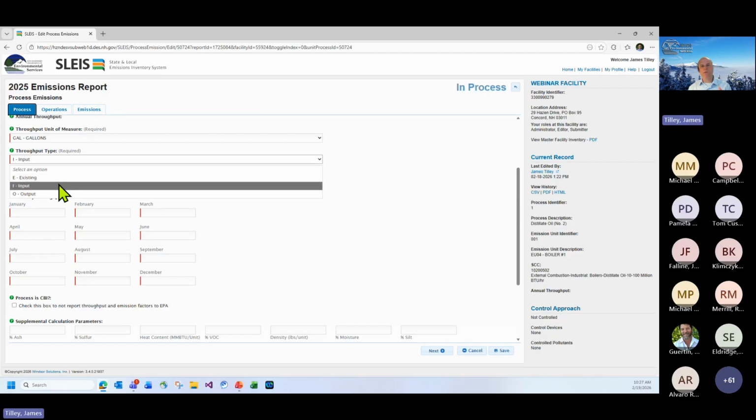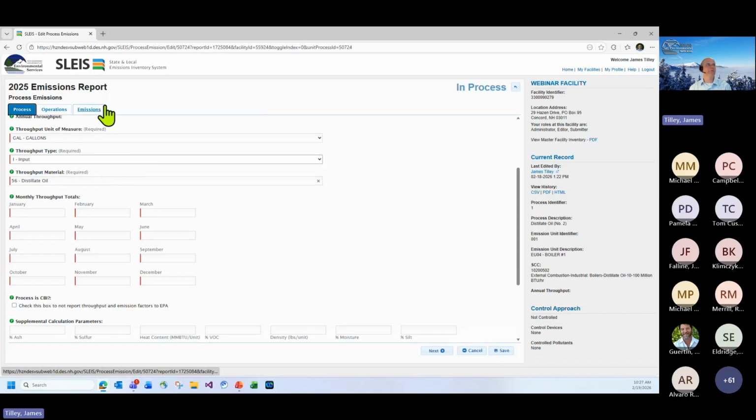Input is what we use most of the time: fuel inputs, paint, the amount of paint that you've used. But you can also use output. For example, a hot mix asphalt plant might use output of asphalt as their emission factor, in which case that would be output. You can change that and it won't delete the template